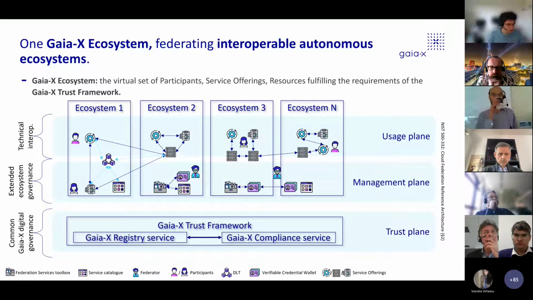This trust layer here will be the equivalent of the passport. If you go to India, for example, you can take your US, French, or German passport and go to India. The Indian government will have an additional layer of governance and require you to have a visa. But they all recognize the same passport, and that's what we mean by a common digital governance.